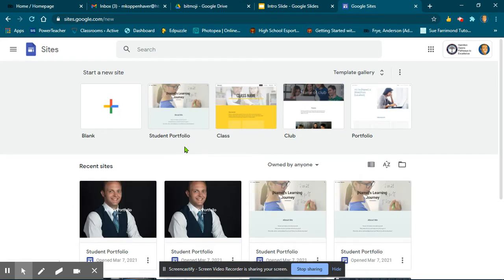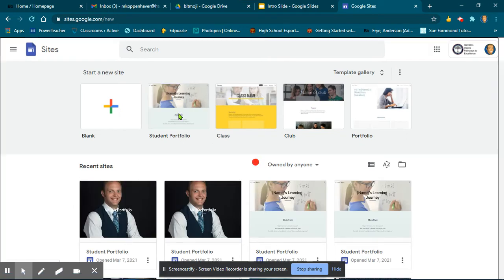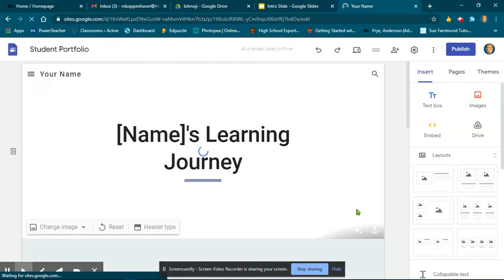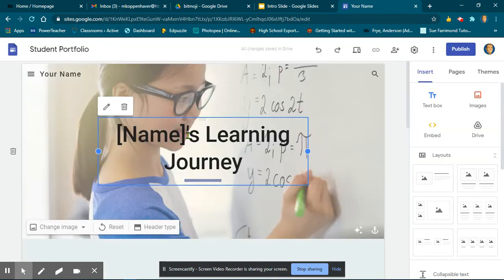All right, and then what you're going to be making is a student portfolio because you are a student and this is a portfolio, right? So I'm going to click on that right up here in the template gallery. And it's going to load. All right, so first thing, put your name in here